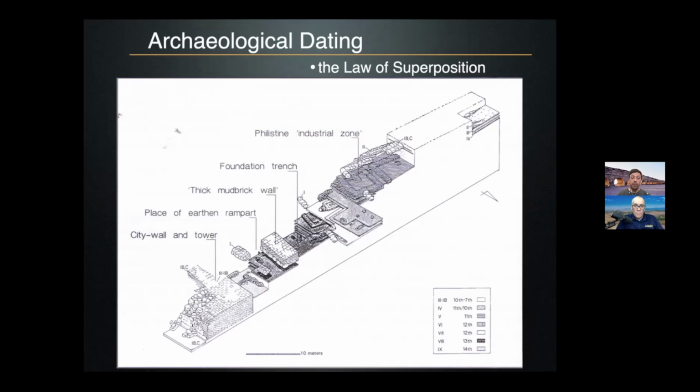The illustration I put up here is from the site of Ekron, just as a drawing. Sometimes drawings help us to see things a bit better, but it gives you a snapshot of what these look like. Again, the higher you are up in the tell, usually that means you're closer to us in history. And if you want to go further back in history, you dig deeper. You can see there's a wall or some structures here that they've labeled stratum 1, B, and C.